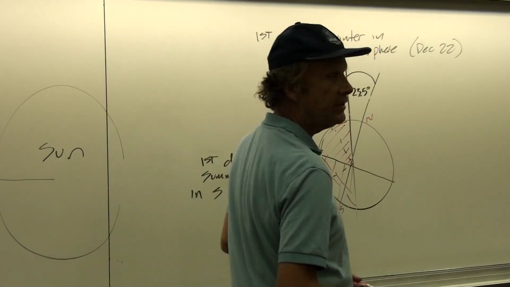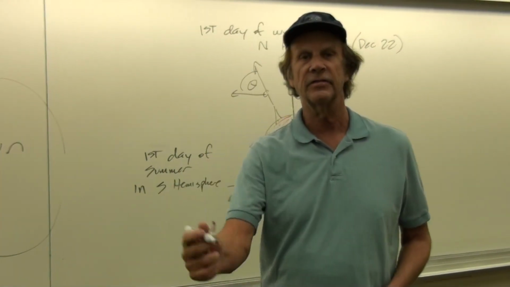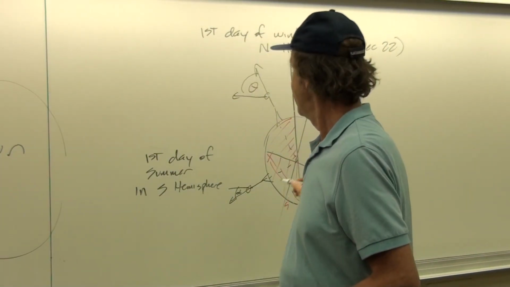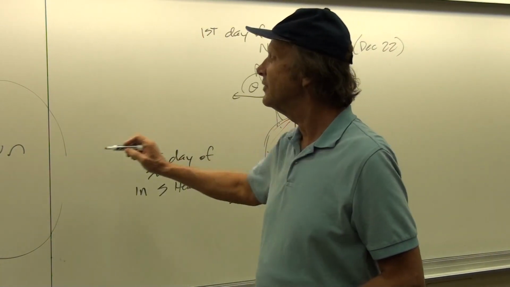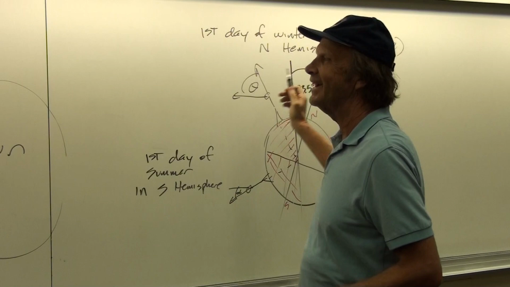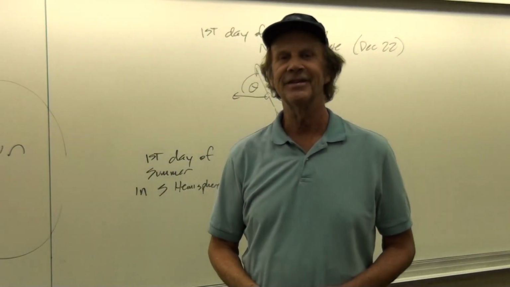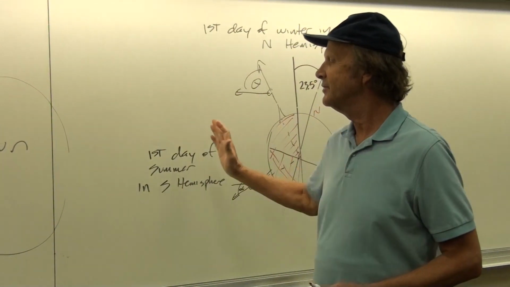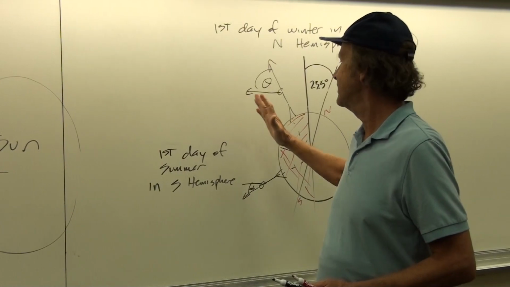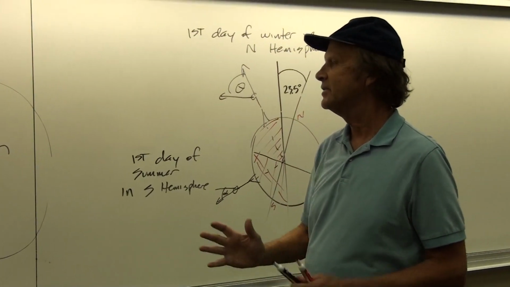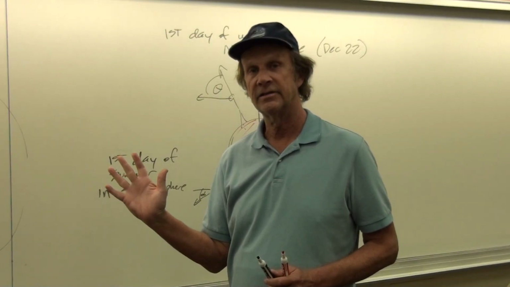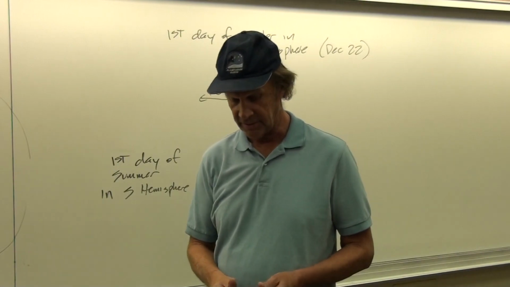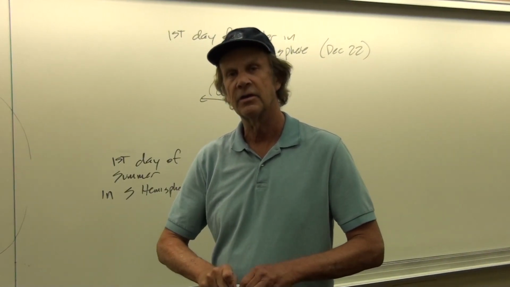So the seasonal effects are not due to the fact that the Earth gets closer to and farther away from the sun. Because as it turns out, the Earth is actually closer to the sun on December 22nd than it is on June 21st. So what that tells us then is that being closer to the sun is not as significant in this case as the amount of light that you're getting that is associated with the tilt of the Earth's rotational axis. So it all has to do with the tilt and not with the distance of the Earth away from the sun.